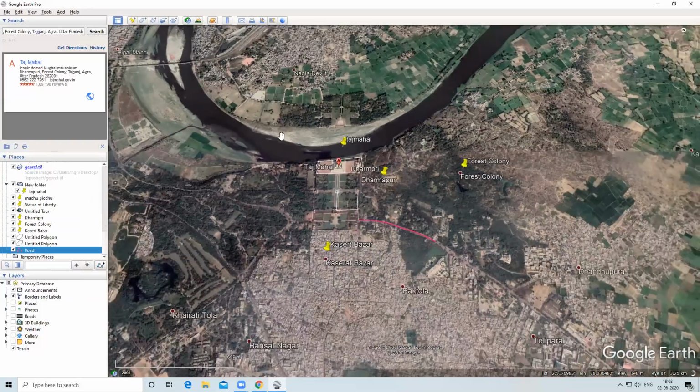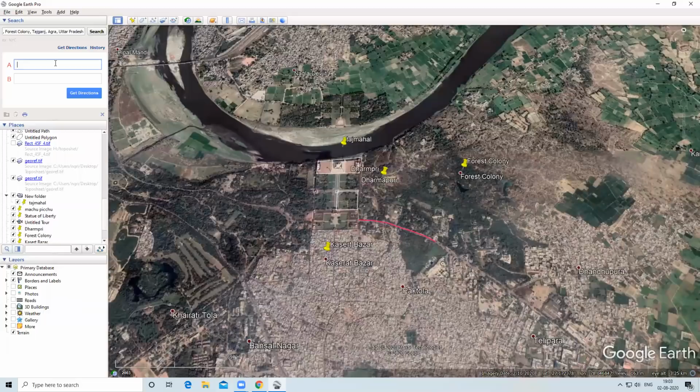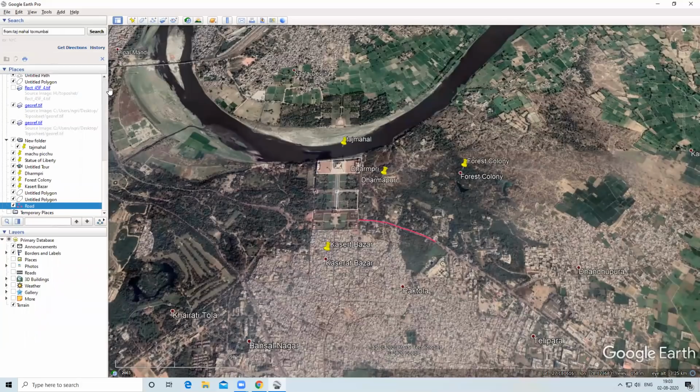Now if you want to know the distance between two places, I will click here on get direction. I want to know the distance from Taj Mahal to Mumbai. I will type here Taj Mahal and Mumbai and get direction.